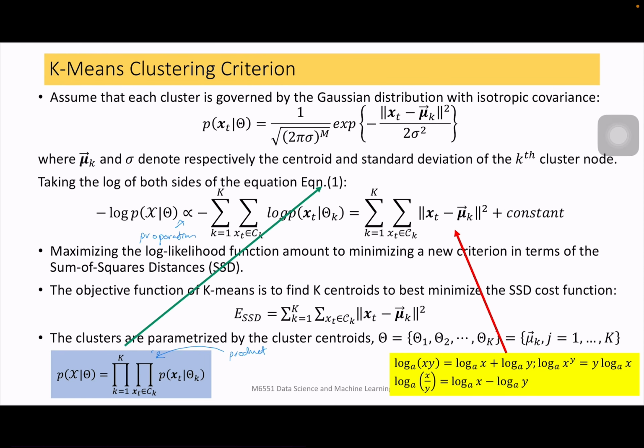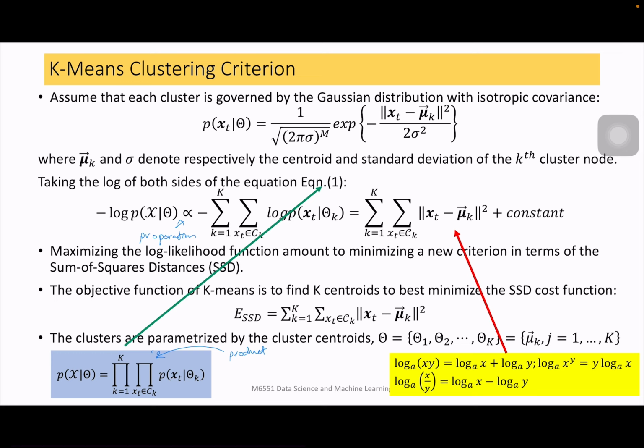Given the k-means clustering criteria, assuming that each cluster is governed by a Gaussian distribution with isotropic covariance, p of xt given theta equals 1 over the square root of 2 pi sigma to the power m, times the exponential of minus the absolute of xt minus mu squared, divided by 2 sigma squared. Where mu k and sigma denote the respective centroid and standard deviation of cluster k,